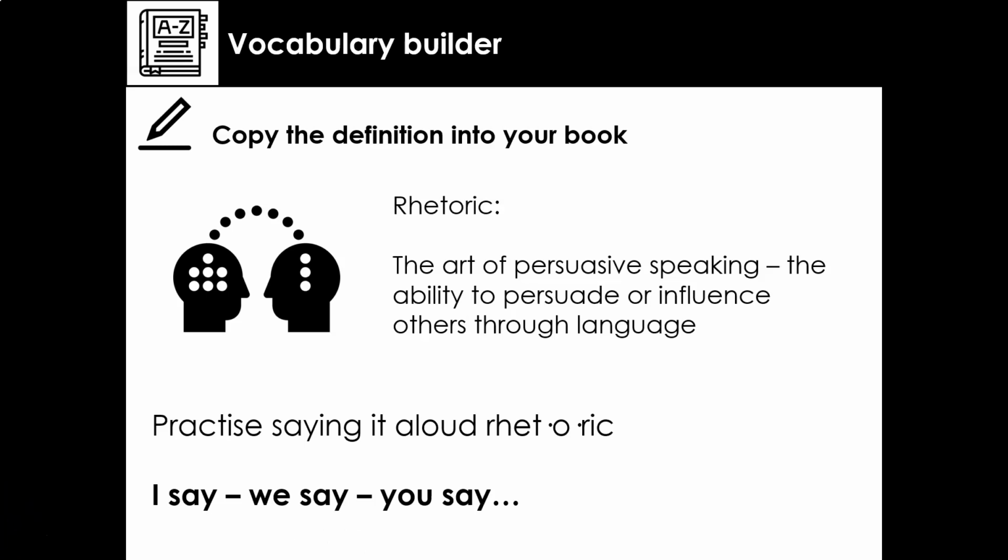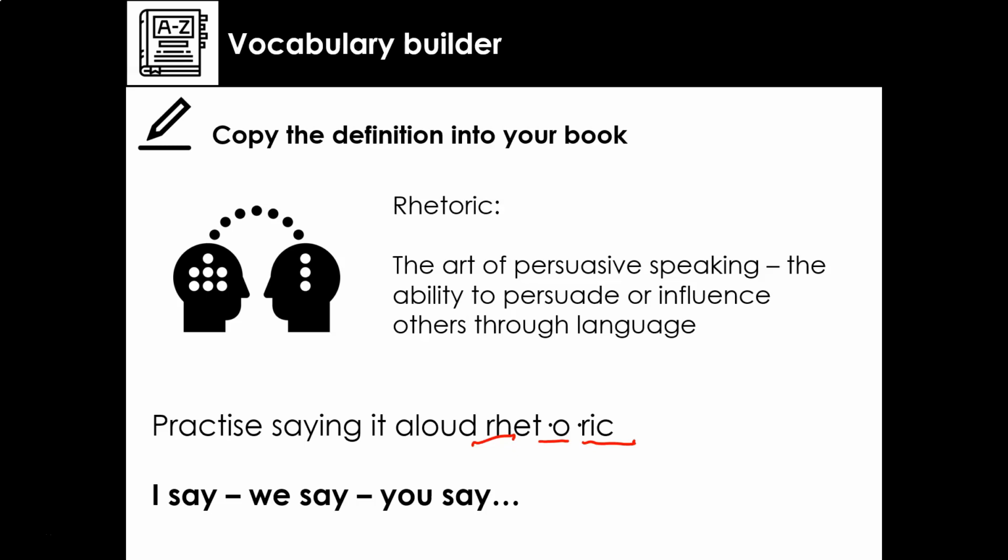Okay, now we're going to practice saying the word out loud. I will say it first, so listen, and I'm going to start by saying it slowly. Rhet or Rick. Okay, I'm going to ask you to repeat after me, and we'll say it in the similar, slow, broken down way. Rhet or Rick. Let's go. Rhet or Rick. Okay, this time I'll count to 3, and I'd like you to say that word again on your own. Ready? 1, 2, 3.